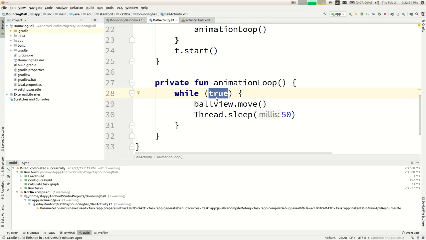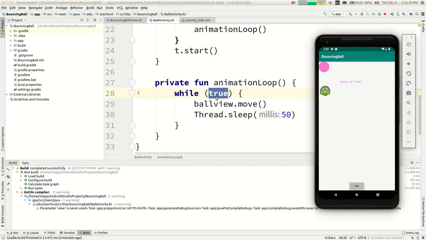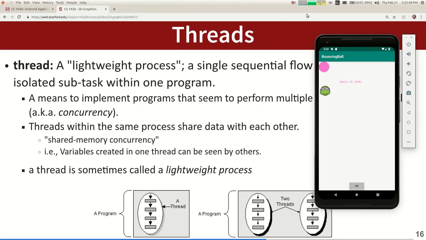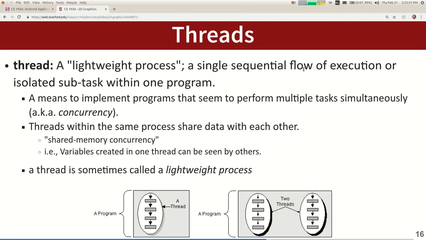Any other questions so far about animation, or threading animation stuff? We're not doing 3D. Okay. Well,